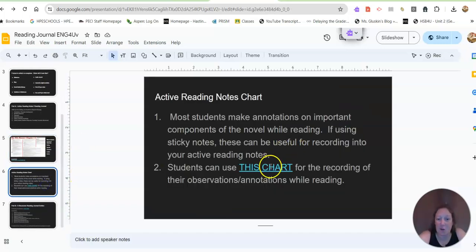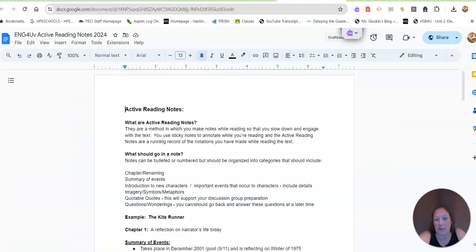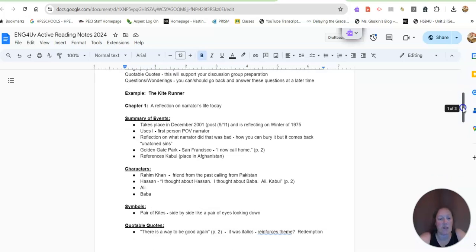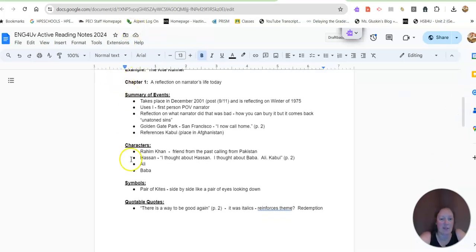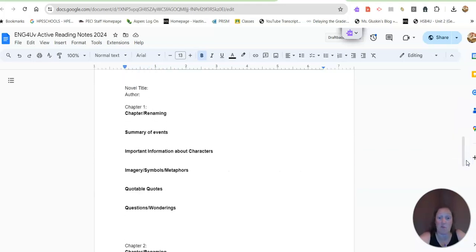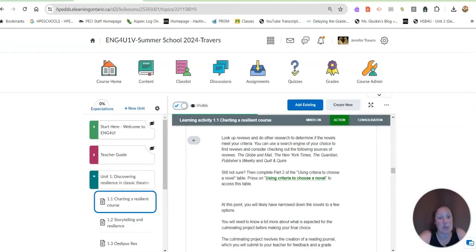And for active reading notes, I've even created, that's what popped up right here, an example of what chapter 1 of The Kite Runner actually looks like when you do active reading notes. And then if you wanted to make a copy of this and just continue on for every chapter after that, you can start with chapter 1 if yours wasn't The Kite Runner. And these are the key things. So you can just keep copying that and identifying those within your book and then popping them in there. That can be your active reading notes. Okay, so